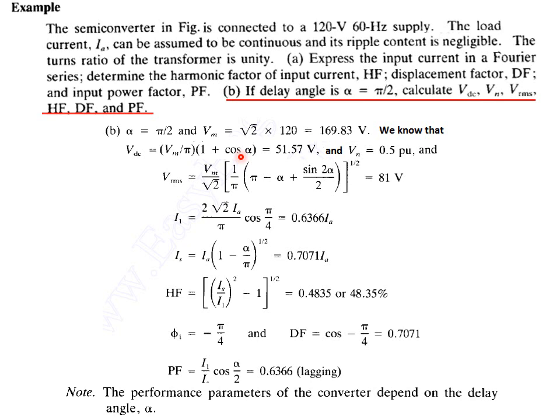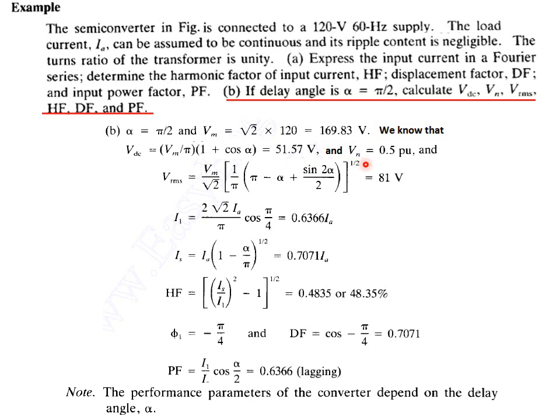See, this formula for VDC will keep on changing depending upon what type of controlled rectifier it is. In the previous problem it was a half wave controlled rectifier, and now we are dealing with a full wave bridge, which we call a semi converter. So for that we have Vm upon pi (1 plus cos alpha). VRMS is given to you, so Vm is root 2 into 120, so we get 169.83. Substituting that value in VDC and putting alpha as pi by 2, I will get 51.57 volts,